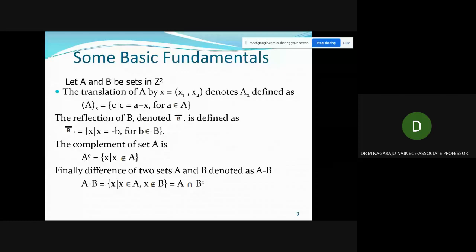In set theory we have some fundamental rules or procedures for set operations. Now, what are the fundamental operations?